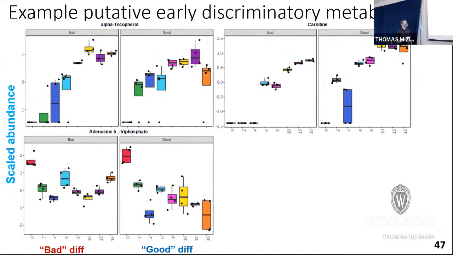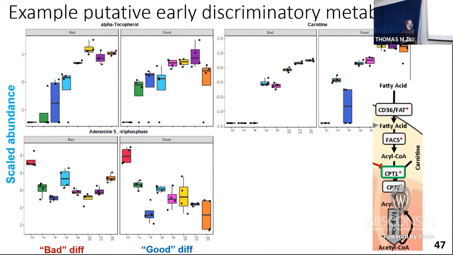As I mentioned on the previous one, just as an example of a few different proteins we're starting to notice as different between the good and the bad differentiations, particularly at early time points, there are a few different metabolites that we're noticing here that I won't go into too much detail on, since I'm running out of time. One that we didn't necessarily expect beforehand, but makes sense to us, is carnitine. So I mentioned looking at fatty acid metabolism, which we expect to be upregulated in cardiomyocytes versus the stem cells, and that one of the key